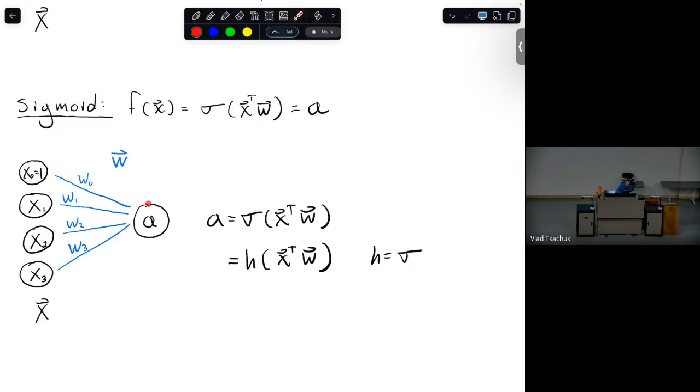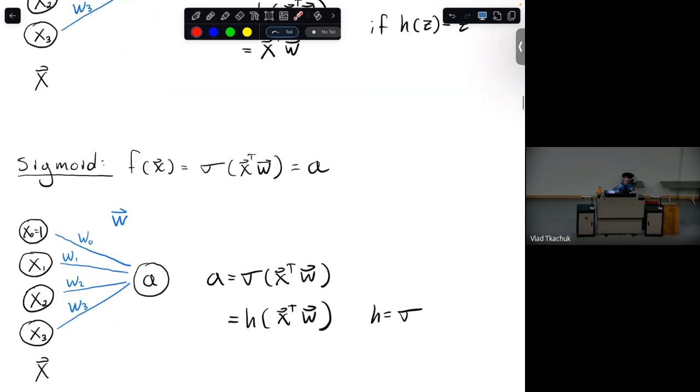Okay, so you can think of this as A, and this thing is called an A neuron, whatever this neuron. What this neuron is doing is this computation of a dot product and then applying a function H on the dot product. So you can think of the past two functions, the linear and sigmoid functions, as these very simple looking neural networks. You're going to see that this trend of taking dot products and then just applying a function is all that a neural network is going to be doing.